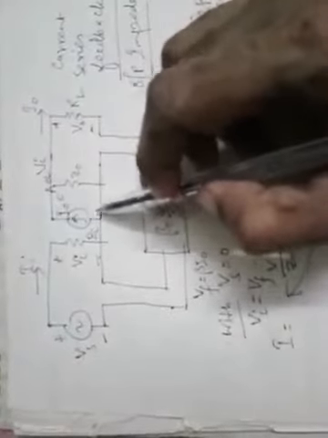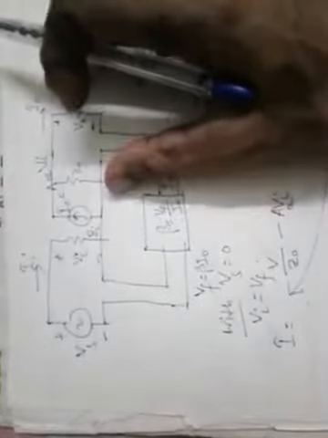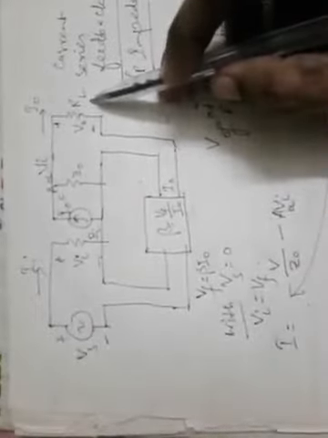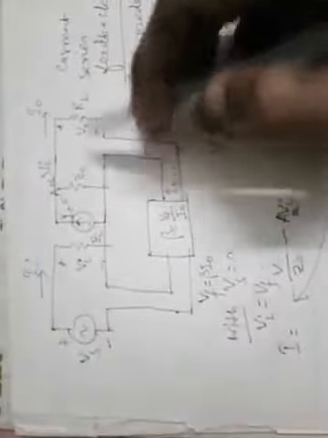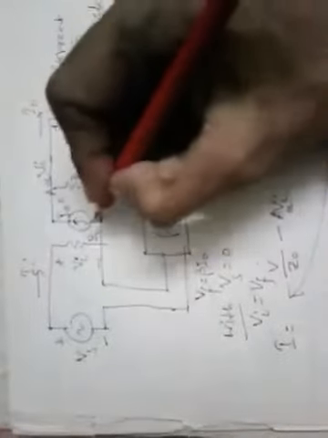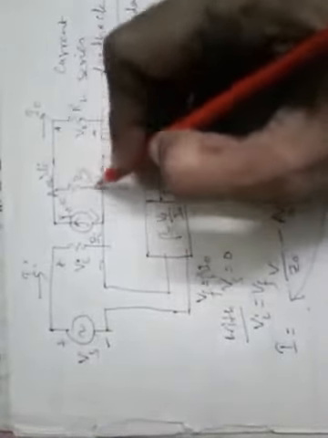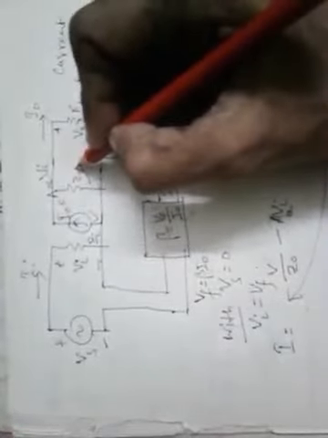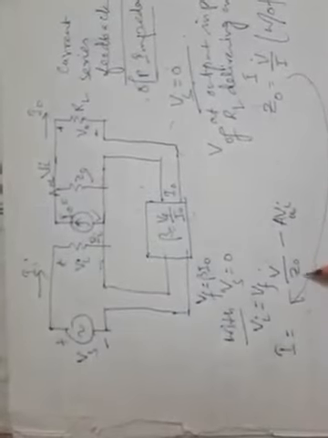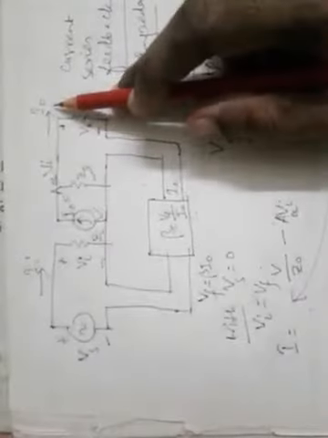That means this current, if we consider from the output side, is the current that is delivered by the source connected in place of load RL, which is delivering a current I, and that current is distributed in these two directions. One is this Io, which is AOL into Vi, plus this Zo, which is V by I. So these two currents will be the output current.